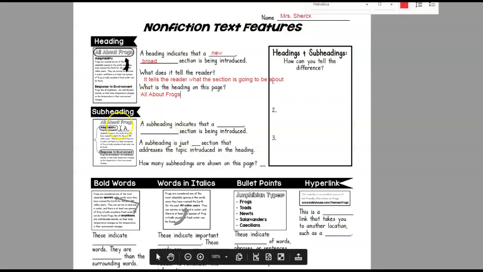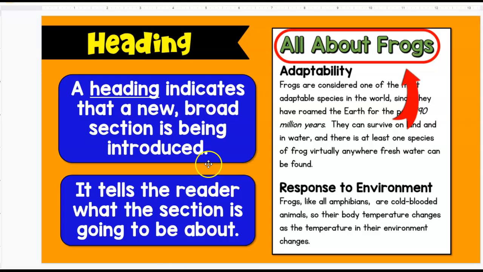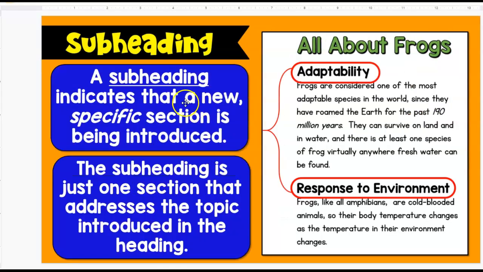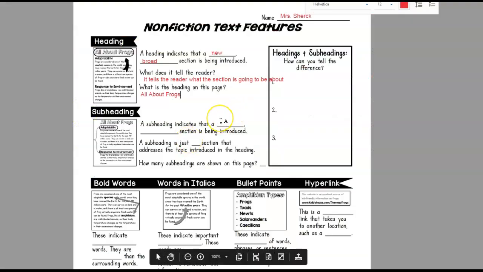Okay, then we talked about a subheading. A subheading indicates that a blank section is being introduced. Gosh, that sounds a lot like what we had up here at heading. A new broad section is a heading. So let's see if we can remember what a subheading brings. A subheading indicates that a new specific section is being introduced. So back down here. So it's going to be a new, and what kind of new? A specific